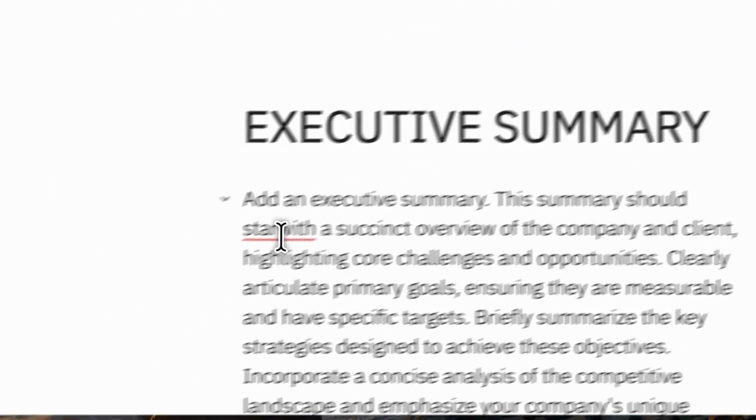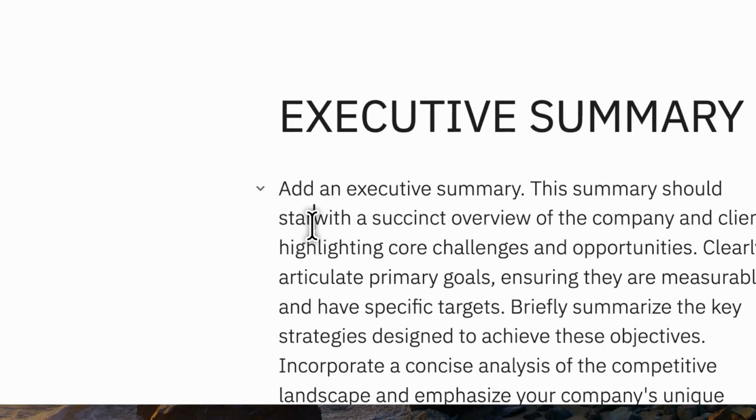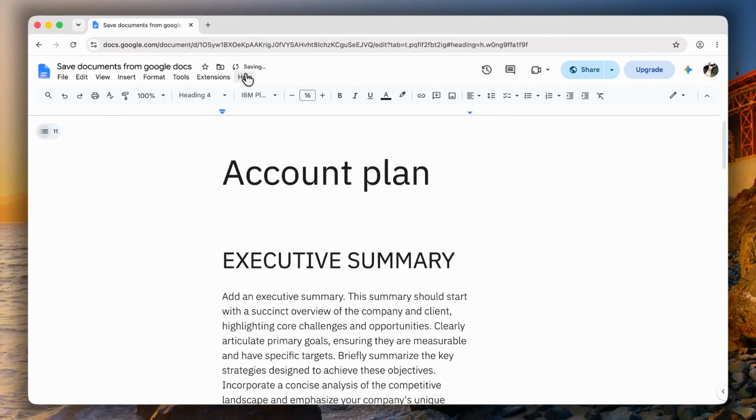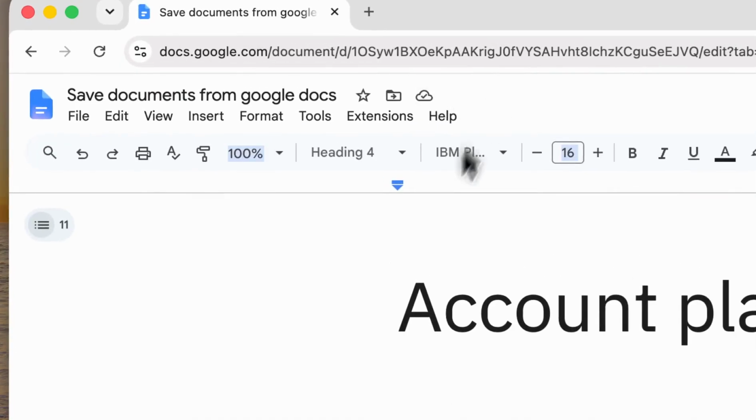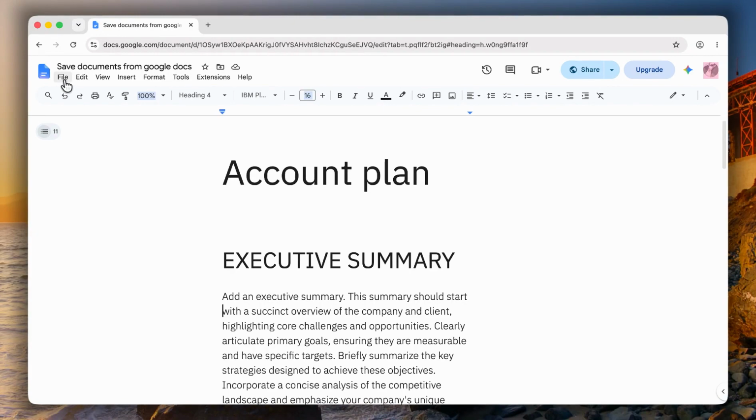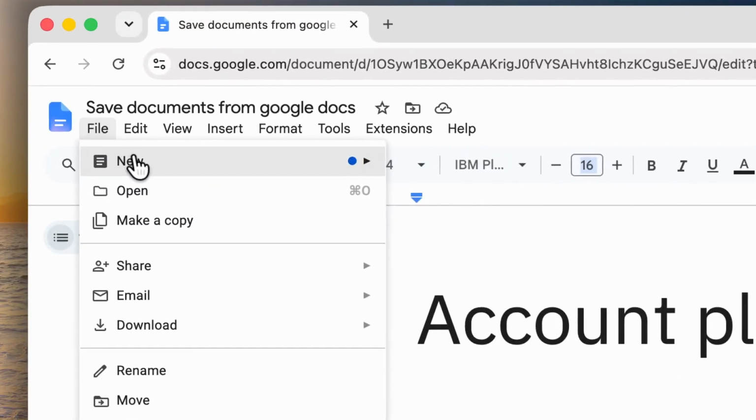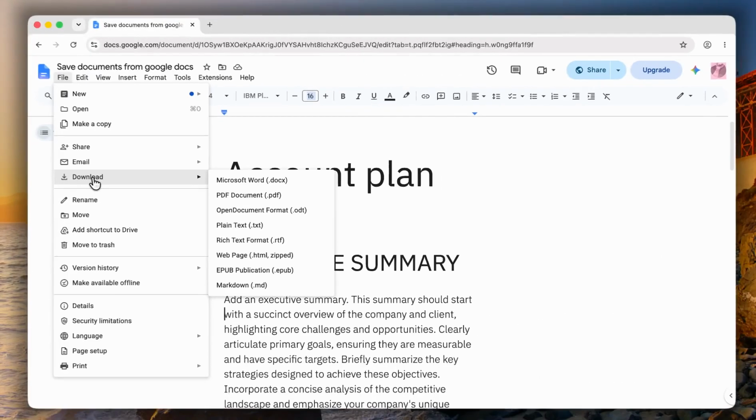losing your work. What we'll be covering today is not saving in the traditional sense, but rather how to download a copy of this file to your computer in a different format, like a Microsoft Word file or a PDF. To begin the process of saving a local copy, navigate your cursor to the top left corner of the screen